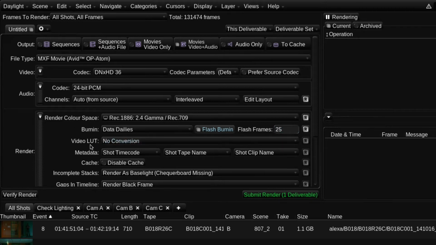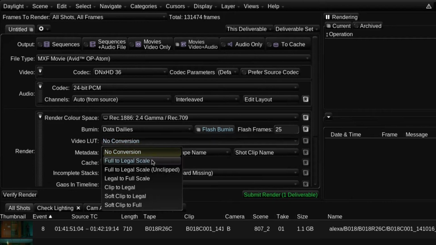The Video LUT option allows us to choose whether the black to white output range covers the full code range available in the output format, or just the legal video range. You may need to check if there are any special requirements for the file format and codec you've chosen, and also what the destination system will be expecting in order to correctly set this option. For example, I'm going to set it to full to legal scaling, as I've created all my graded images with full range video, but I know the Avid editor has stated that they want legal range DNxHD files.